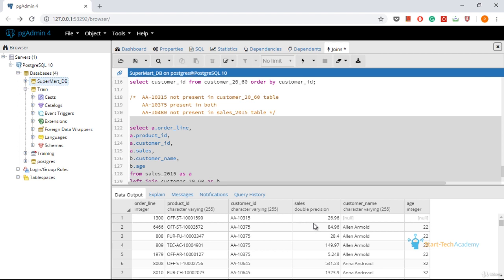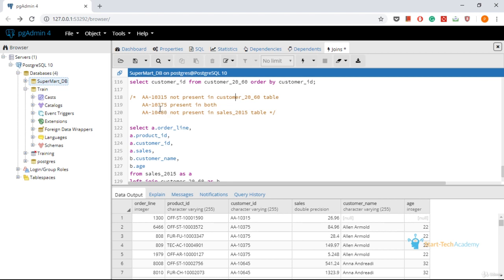So from the comment you can check AA10315, which is not present in customer table, is present in our result set. What this means is, since we took left join on the sales table, all the sales table values are available in this table. So AA10315 is part of sales table, so it is part of the result set. Since the customer name and age values are not available for this customer ID in the customer table, those are null.